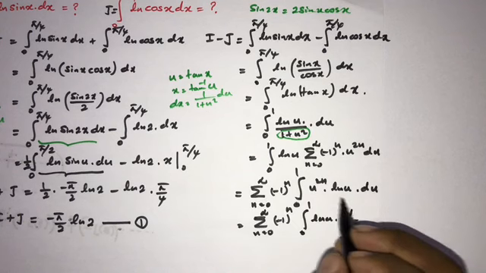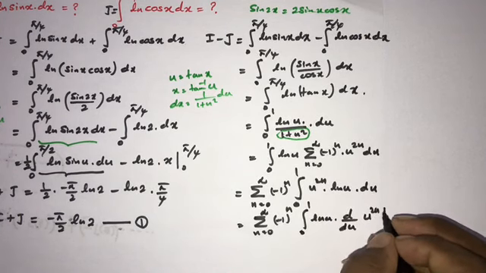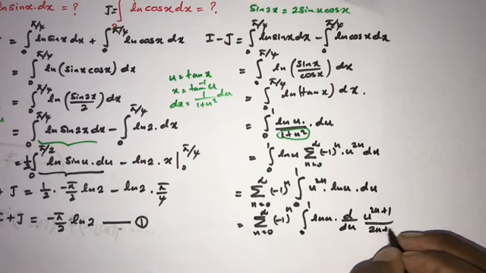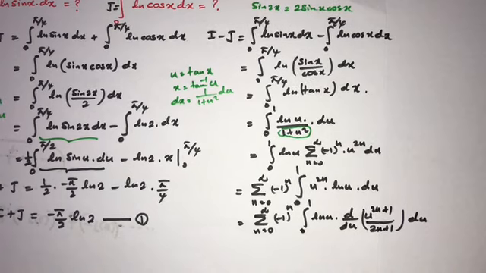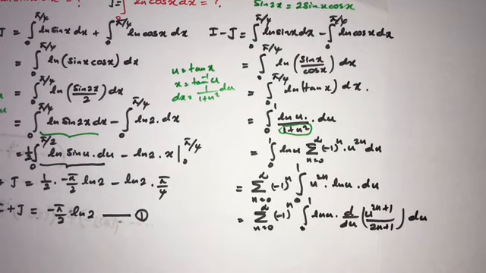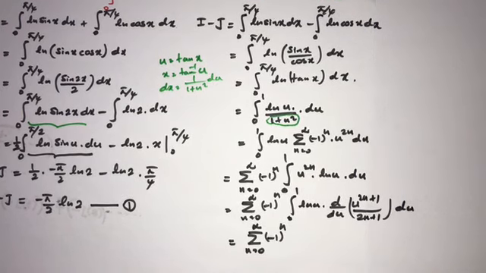Now integration of second function, u to the 2n. So we know u to the 2n plus 1 over 2n plus 1, here du. Okay, then we can write this is equal to infinite sum 0 to infinity minus 1 to the n, and here